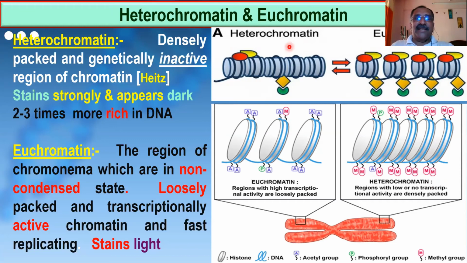In examinations they mostly ask: write a short note on heterochromatin or euchromatin with a diagram. You should know the diagram, at least this diagram. If you are finding it difficult to draw, this is a very simple diagram. So these are the 5 points you have to keep in mind for each one. Getting me clearly now?